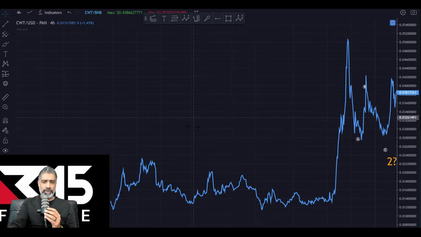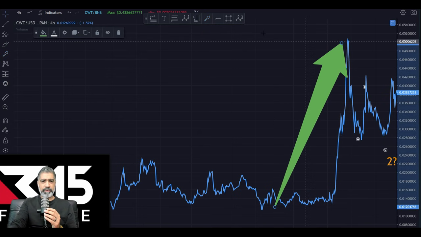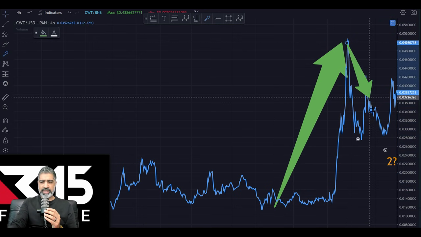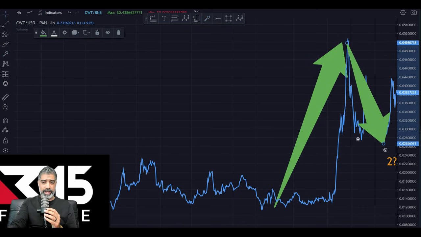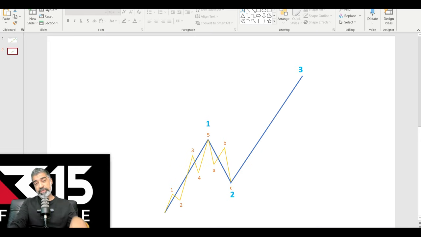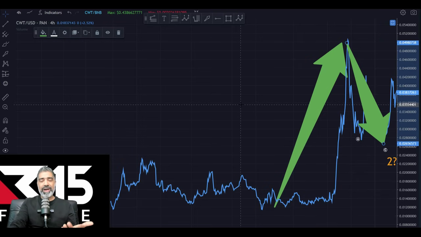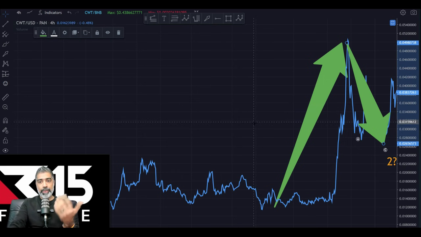And then what happened with CrossWallet was we looked at this movement here as the first part of the move, then there's movement to the downside. That's what we're looking at here. There's movement to the upside and then a correction. There's typical identifiable patterns. Now, 50 to 60% of the time, they're really, really clear. And when they're really clear, we want to use that information.